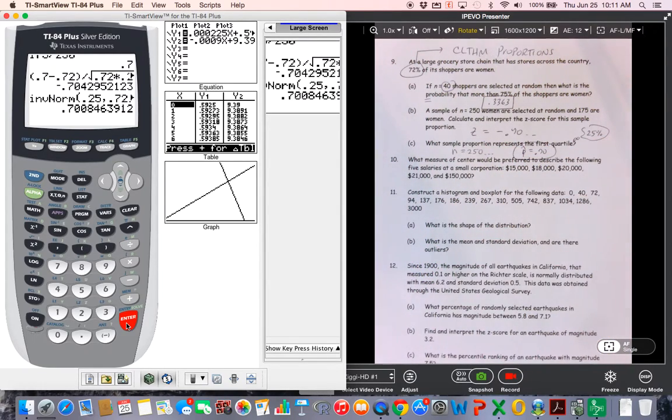is 0.70. All right, gang, what measure of center would be preferred to describe the following 5 salaries at a small corporation? Now, this is a little bit tricky because typically anytime you deal with dollars, you're going to have a positively skewed distribution, so you'd need the median. But sometimes at corporations or in small neighborhoods, people tend to have the same